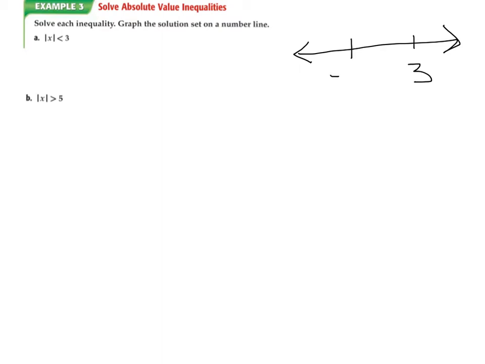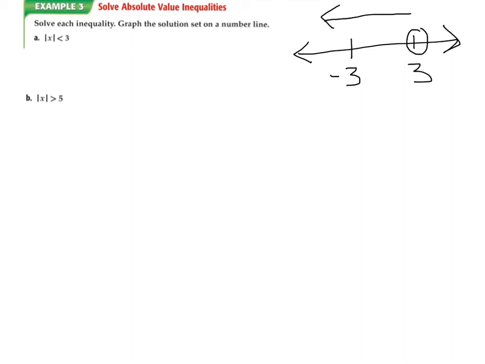Now we know when we're talking about absolute value, we also want to talk about the negative. So we know if we took the absolute value of 3, we would get 3. We know if we took the absolute value of negative 3, we'd get 3. Now in this case, it says less than 3. So we want to put an open circle, and we know we would shade this way from our 3